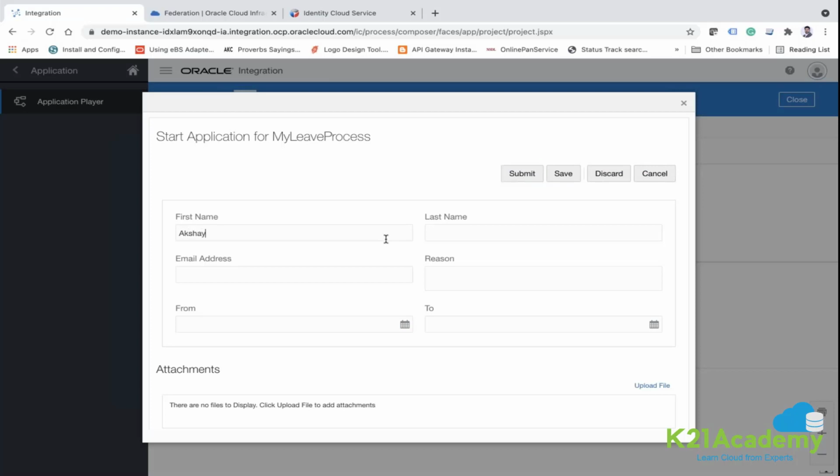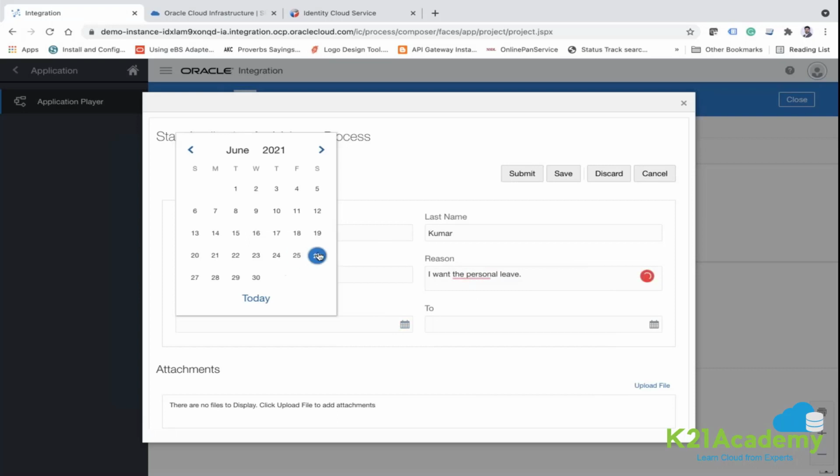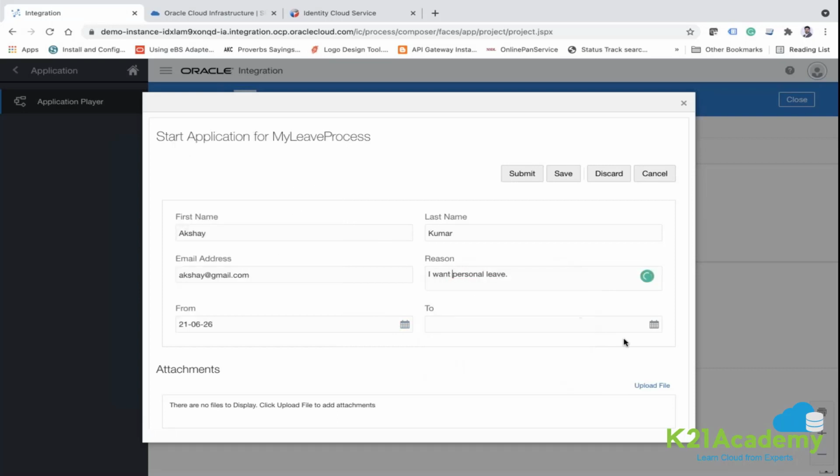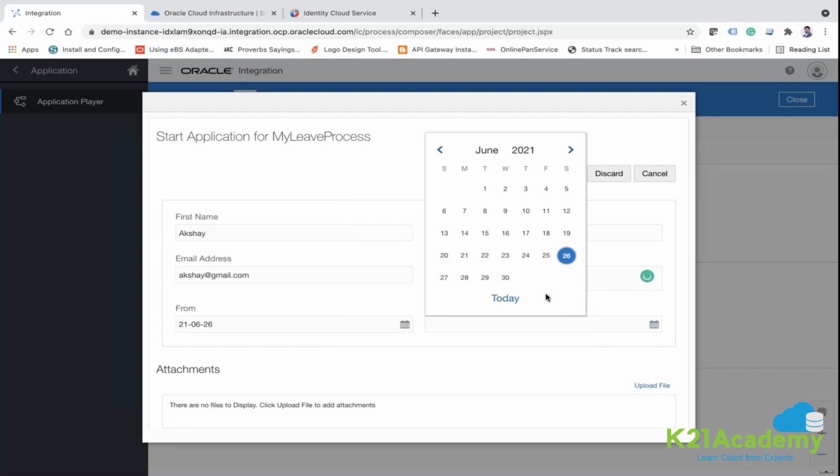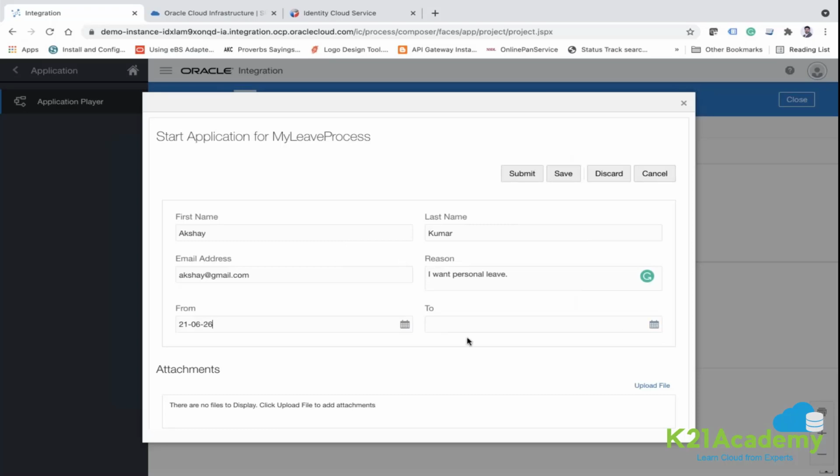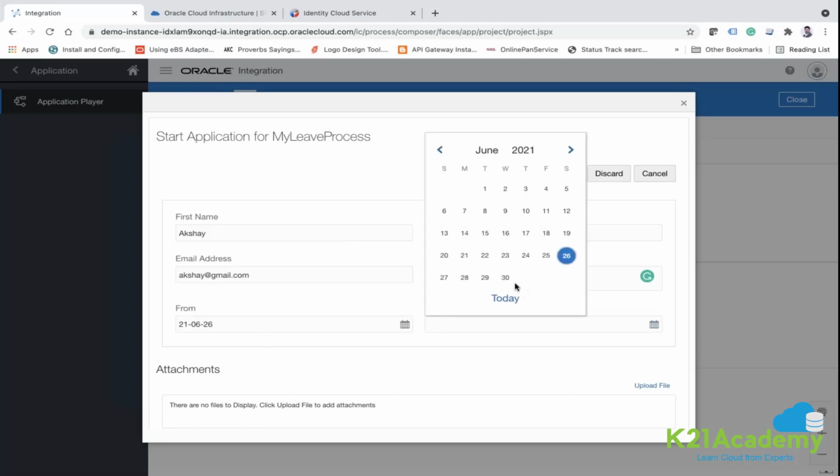Let's say Akshay Kumar, and let's say 25th, 2026th to 30th.